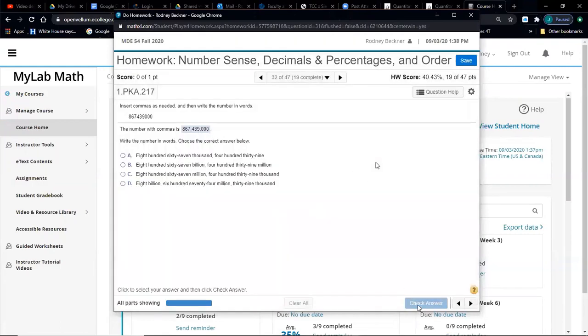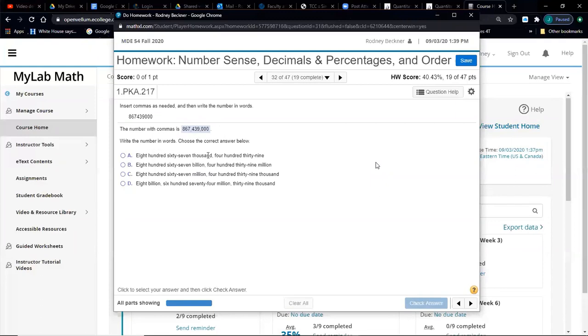If you noticed, I did not hover over to check answer and click. Now, thankfully, they did not ask us to spell out the words. There are other courses in my math lab where they actually do, and I can't promise that they'll never make you do it, but this one is just multiple choice to keep it simple. So 867, now I have an 80s song stuck in my head, 5309. 867 439 000. So these are our ones, tens, and hundreds. These are our thousands, 10,000s, and 100,000s, and then our millions, 10 millions, and 100 millions.